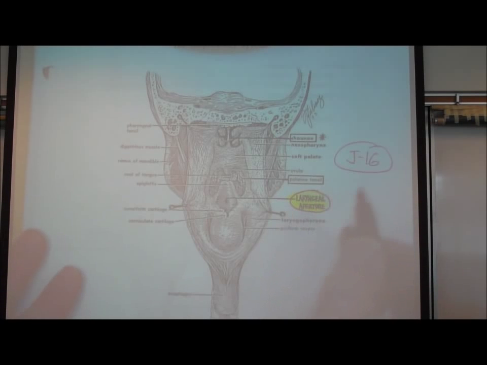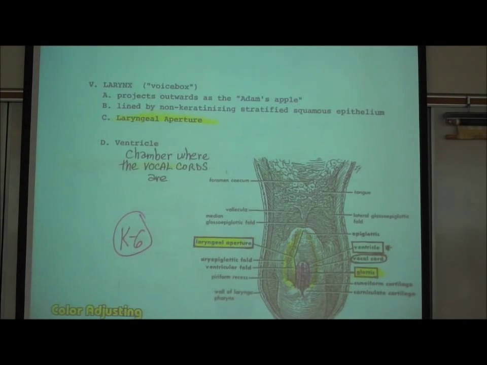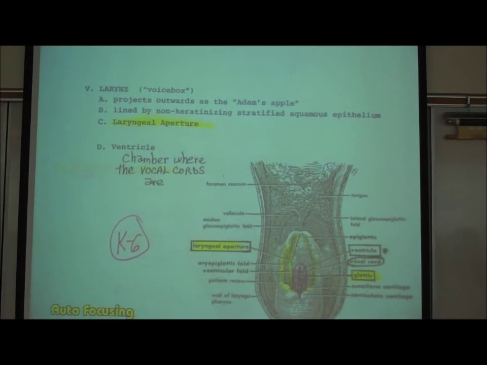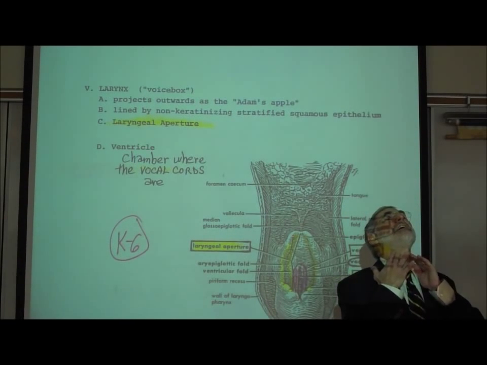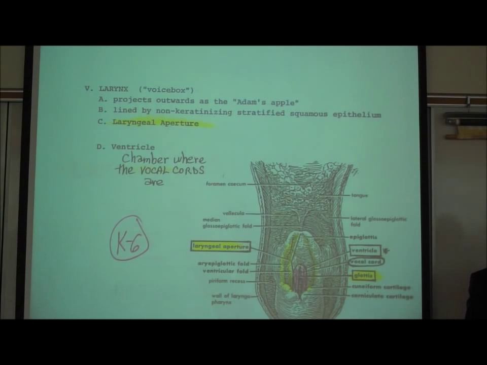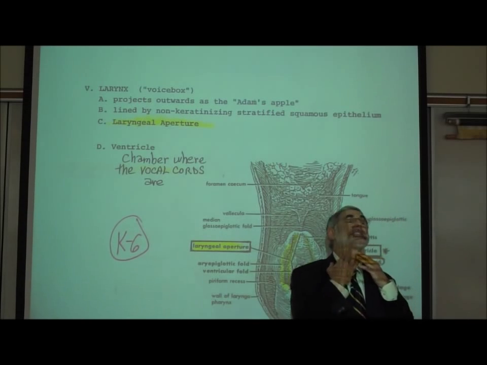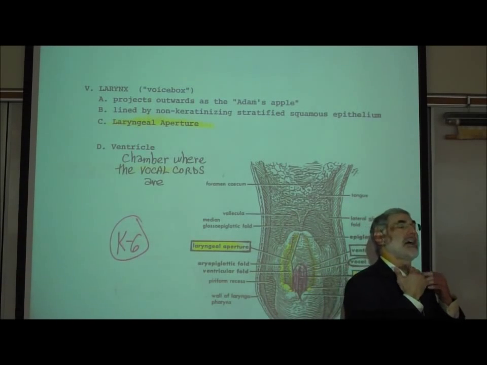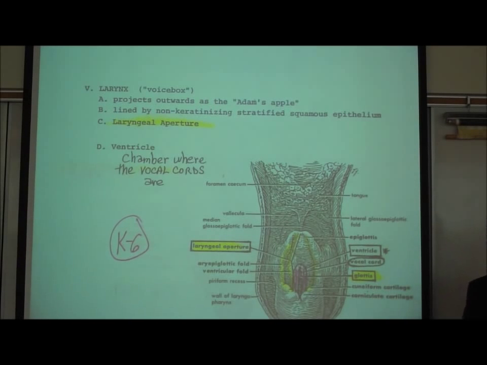What does the word aperture mean? Good, excellent. Opening. That's what an aperture is, an opening. An opening to the larynx. This is page K6. So the larynx. Where is the larynx? The larynx is this area that's sticking out right here. It's hard because the outer part is made up of cartilage. And we're going to talk about that. Inside the larynx, behind the hard part, are your vocal cords. So that's why the larynx is also known as your voice box.